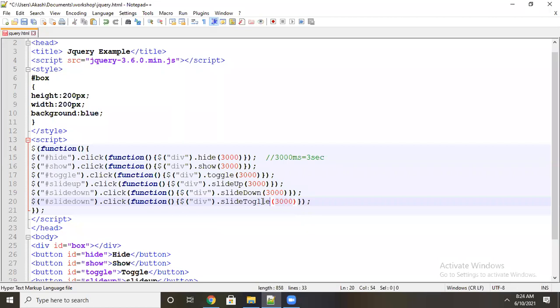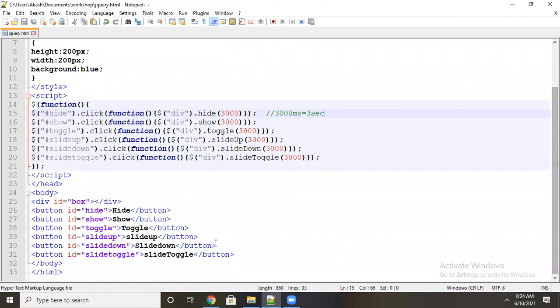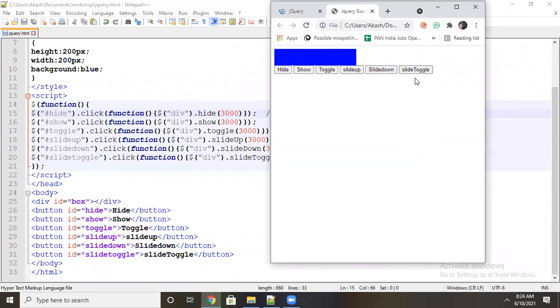Already I took the buttons here, you can see slide toggle. It means one time if I click, it goes up, and the next time if I click, it comes down.